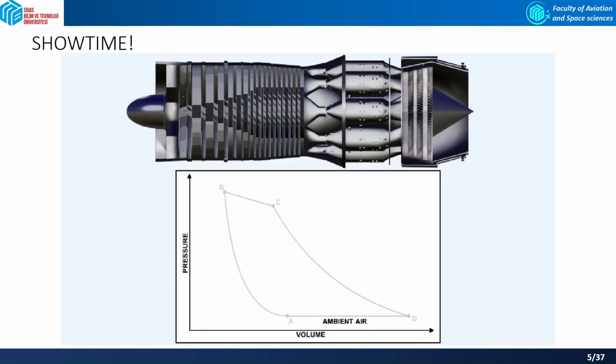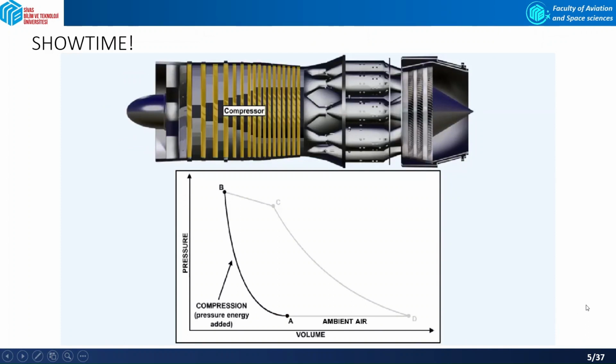The pressure-volume diagram shown here, otherwise known as the Brayton cycle, represents the working cycle of the gas turbine engine in its simplest form. Air at atmospheric pressure enters the engine at point A and is compressed along the line AB. Fuel is added in the combustion chambers, which is signified by point B, and the mixture is burnt, in theory, at a constant pressure.